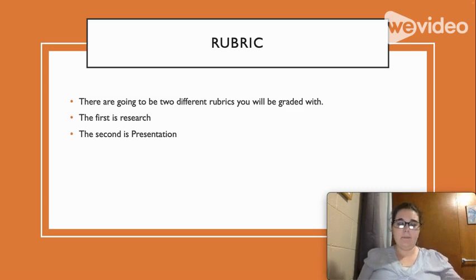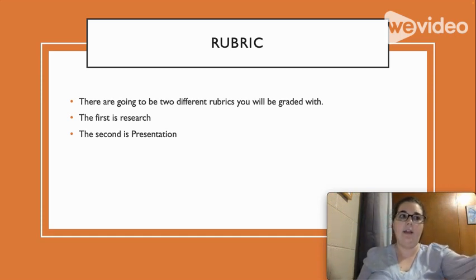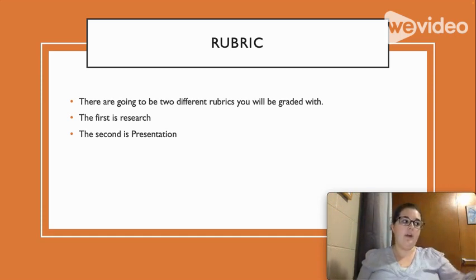And the second rubric is for the presentation. You will be graded on things like the time limit, was it 4 to 5 minutes, speaking clearly, using complete sentences, staying on topic, the content itself, the collaboration with your peers, like working well together, how you worked in your groups, and then your visual aids. And I'll also be grading on if every person talked or not.